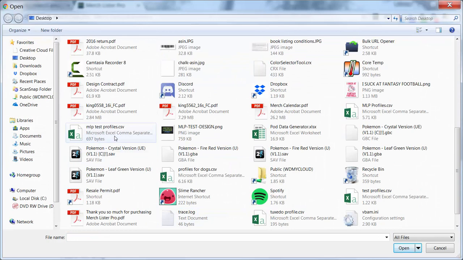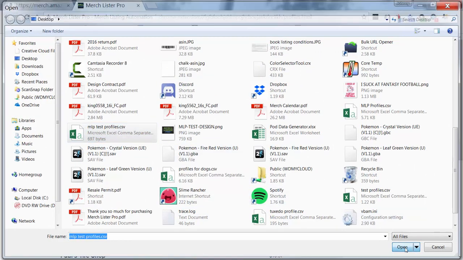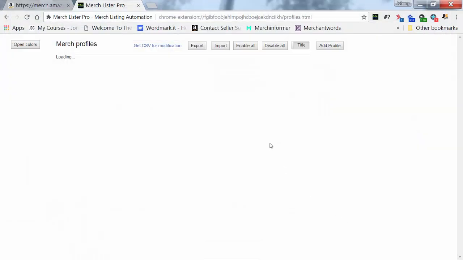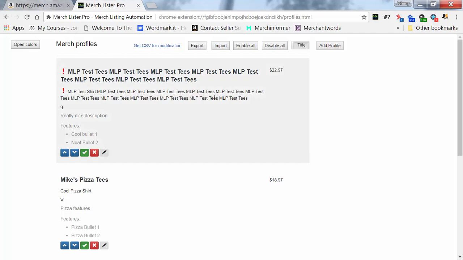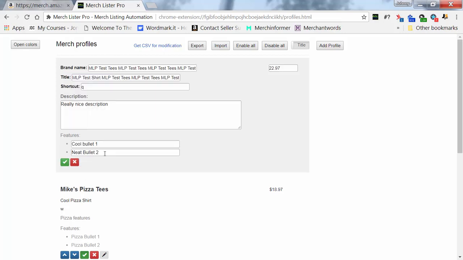So if you import something and it has a problem because it's over the character limit that Amazon allows for the brand name or the title, it's going to throw up one of these little exclamation points, and it's going to say, okay, the max length for this field is 50 characters, so you can't do that. And so what you'll do at this point is you can use this button down here. That's the edit profile button. And if you click that, it's going to open the profile up, and then you can just change whatever you want in there